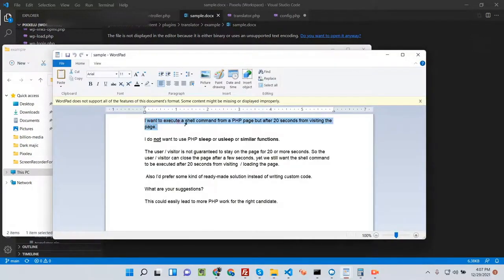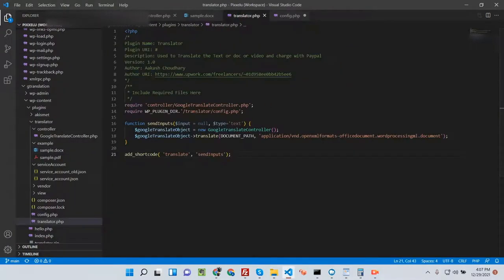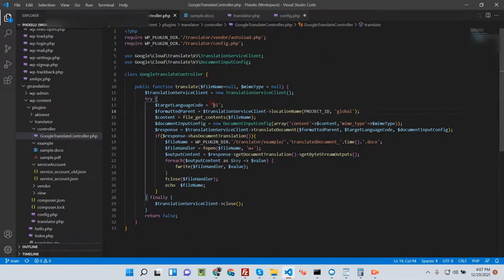I want to execute a shell command, and this is a sample document which I'll change into some other language. I have selected the target language as Hindi, as in India we mostly speak Hindi. And these are the different functions which are required